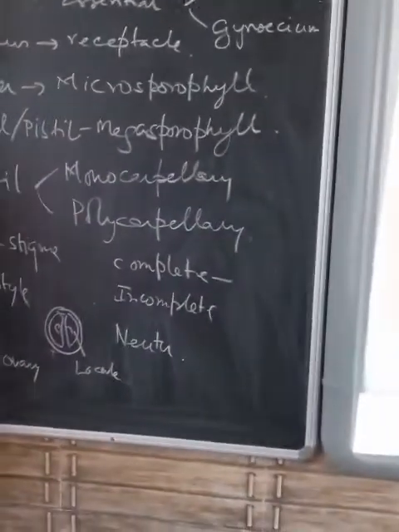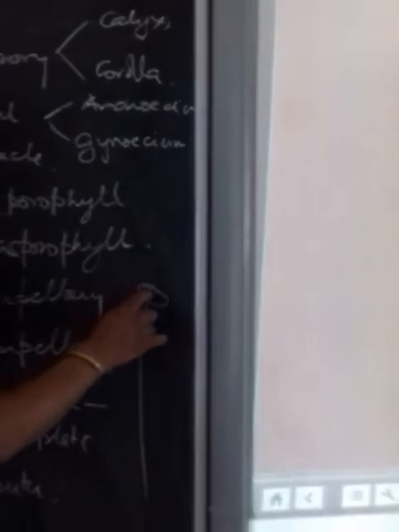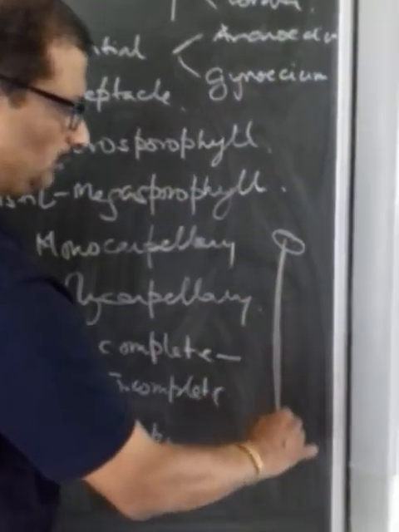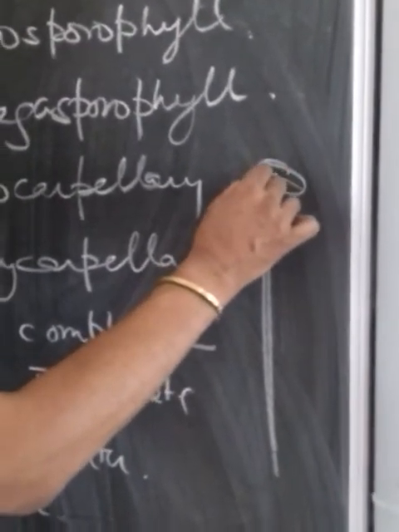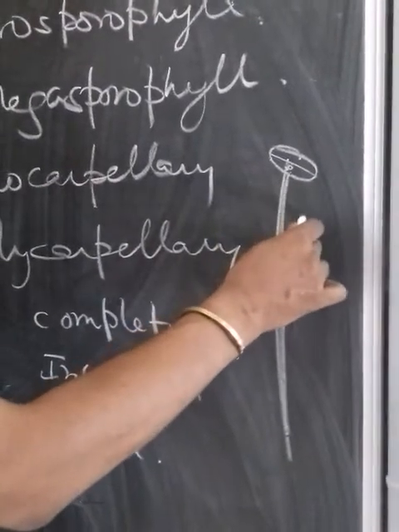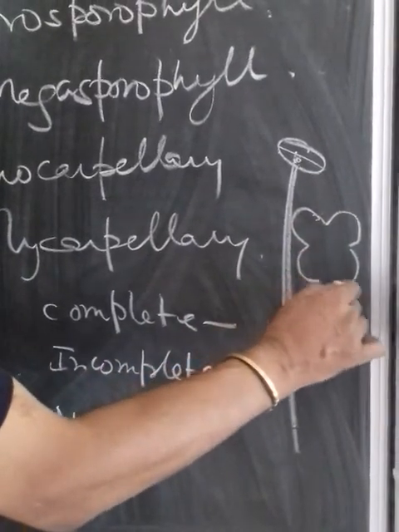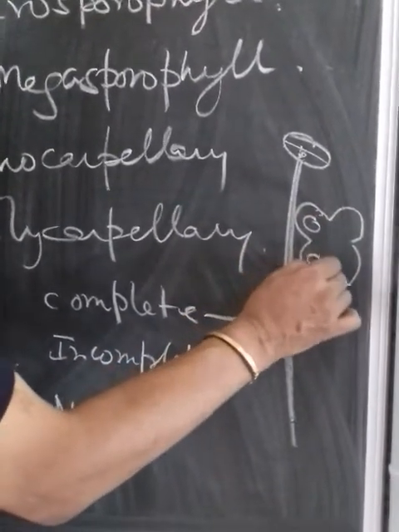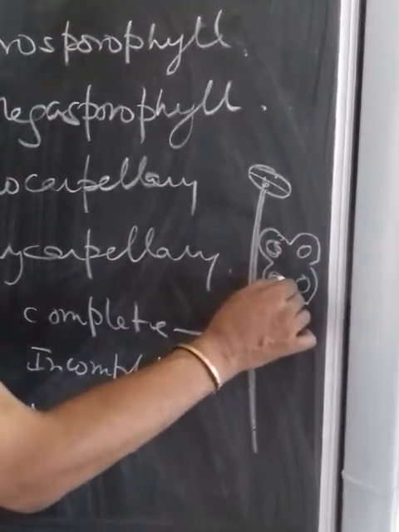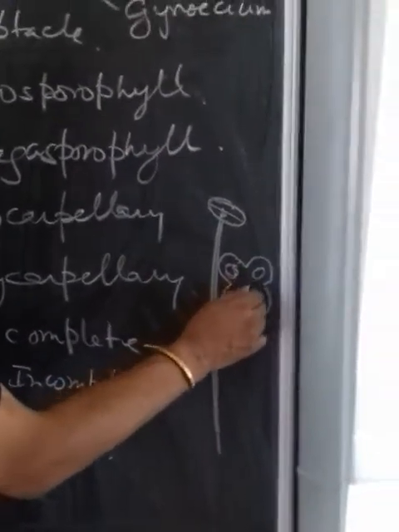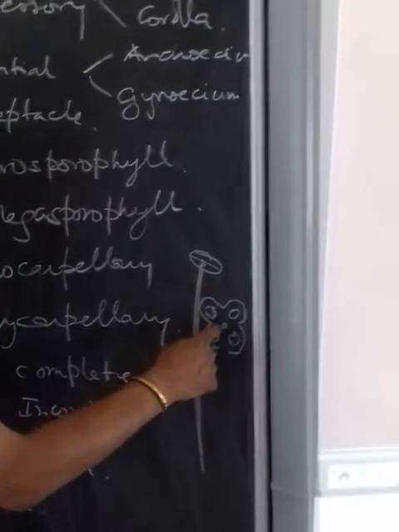Now anther, if you see, it has three parts. On the top you have the anther lobes, which usually have four chambers, and there is a small filament connected to a place called the connective. If you cut the anther lobes in two sections, they are dithecous, that means two lobes are there. On either side, each of them has two sporangia, the spore sac containing the pollen grains. The filament is connected to the middle portion here, which is called the connective.